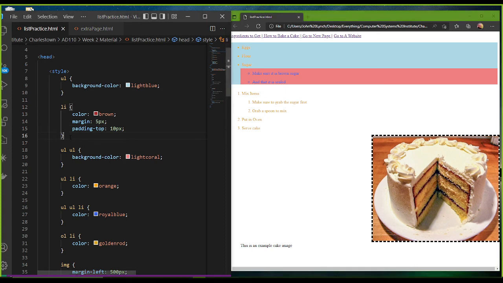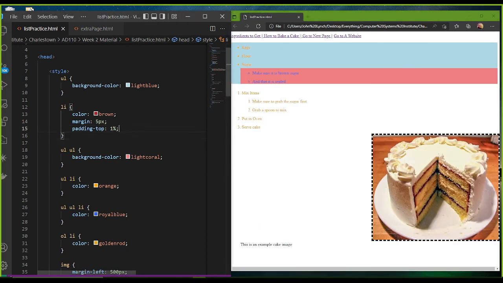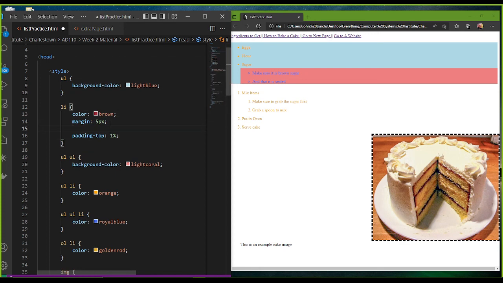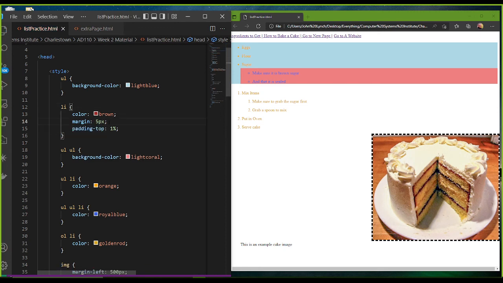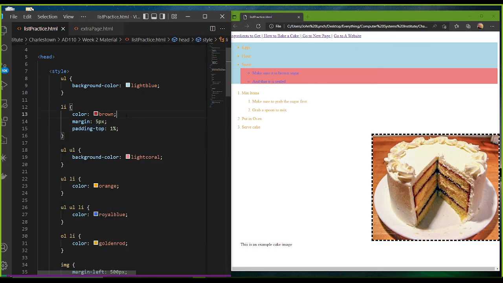Okay, so again, with the pixels and percentages, you can also do percentage for numerical ones. That's very large, so maybe it's not the best. Maybe 1% padding top is good. That looks better. But all of these are good to go for you guys to use, okay? So feel free. Let me add a comment really quick here if I remember. Cool. Feel free to use percent, pixel, EM, REM, all of those work okay for us. And the way that you get used to them is just by experimenting with them a bit. Okay. Cool. So let me